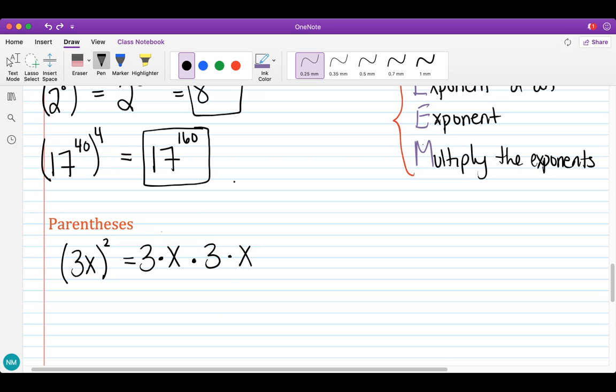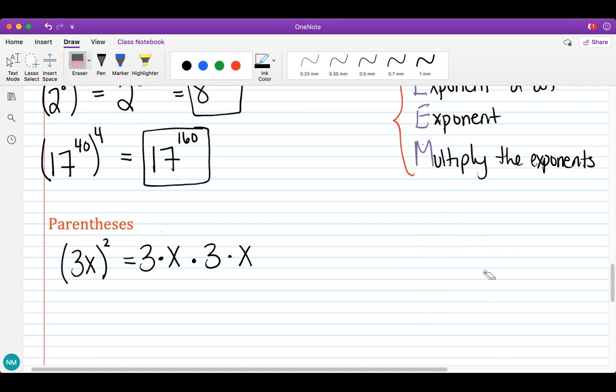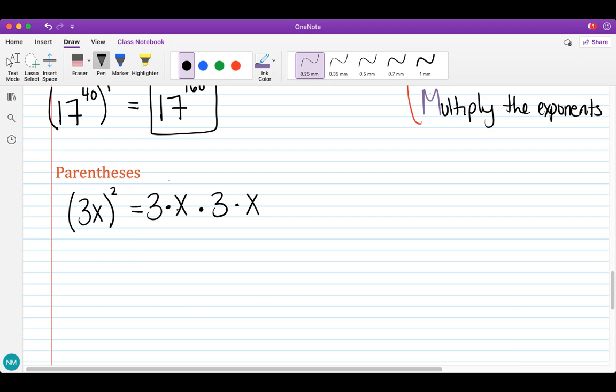So multiplication. And we know with multiplication, A times B times C is the same thing as saying B times A times C, which is the same thing as C times A times B. This is commutative, meaning I can change the order around. So I can move this around. So what I'm going to end up doing instead is I'm going to make it 3